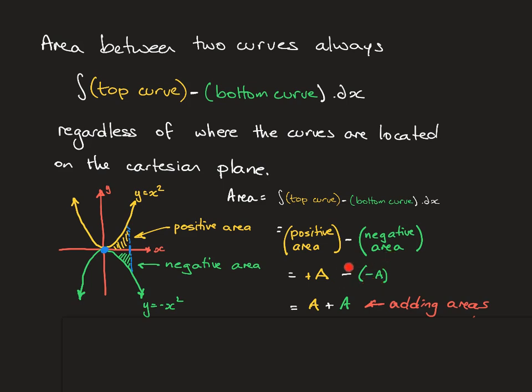And when we combine these two signs together, what you get is the yellow positive area plus the green positive area, which is what we want. So our formula, that the area is equal to the integral of the top curve minus the bottom curve, works when you have one function in the top half of the Cartesian plane, above the x-axis somewhere, and one down below. What if they're both in